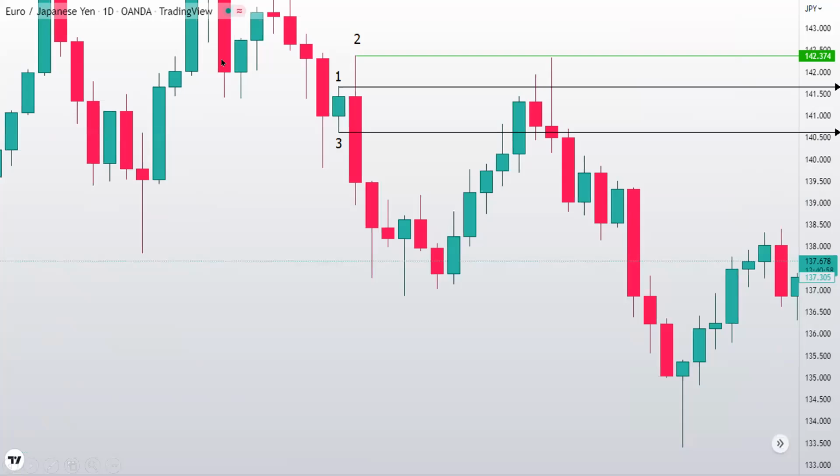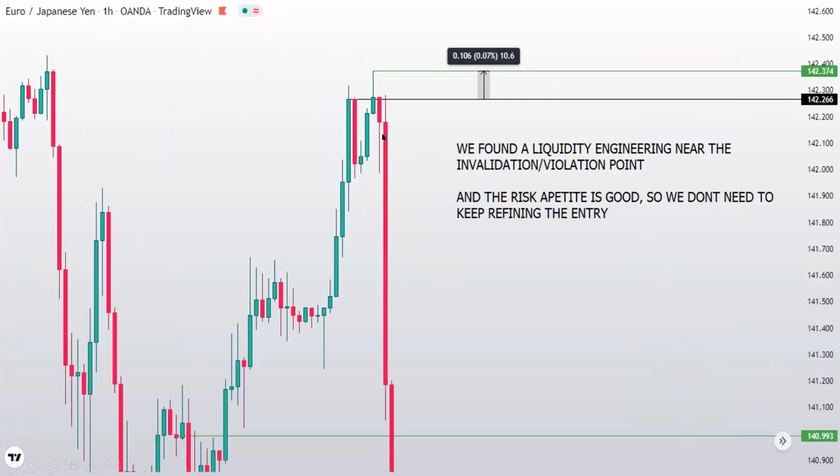Another example, it was this one Euro JPY, where this daily time frame as a constant time frame, and you have this type 1 because the market actually closed below, the market actually above, as you can see. When we come to 1 hour time frame, you have this liquidity engineering, and the risk was only 10 pips. So sometimes you can actually leave it, because if the risk appetite is good, you don't have to go and completely refine the entry, because when you continue to refine your entries, actually you are increasing the accuracy of that specific entry, and also you are